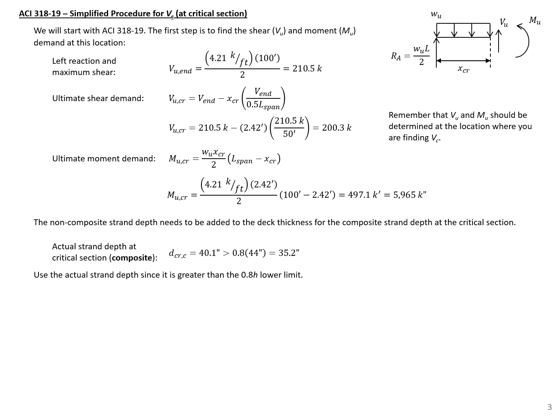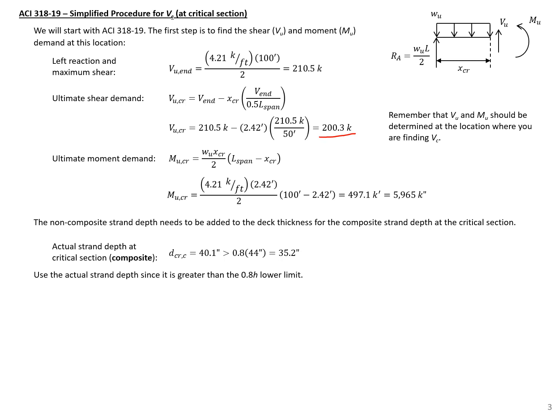We'll start by finding the concrete shear contribution using the ACI 318-19 Simplified Procedure. The first thing we'll need to do is find our ultimate shear demand and our ultimate moment demand at our critical section. So you can see here I find these two values. So at the critical section we have